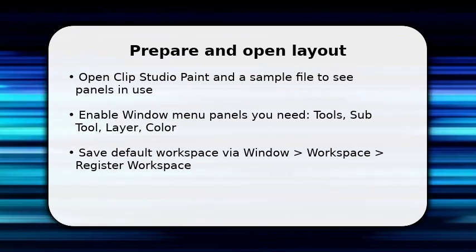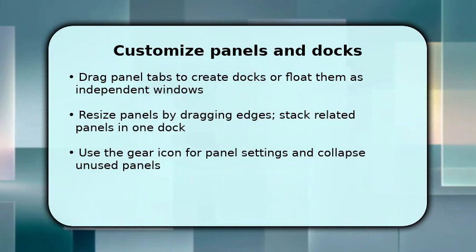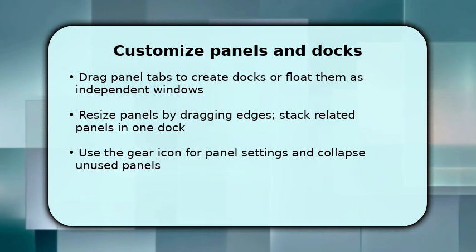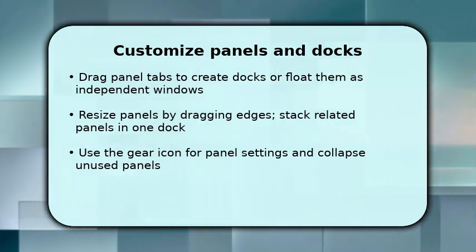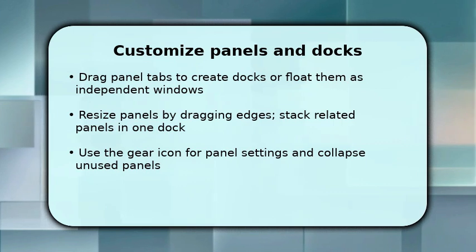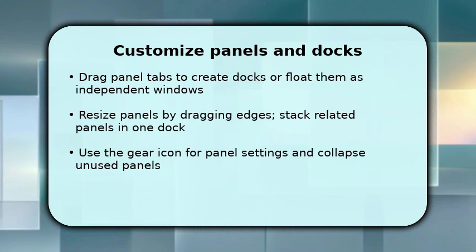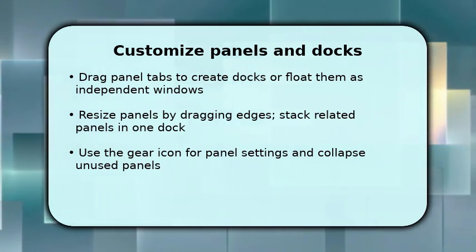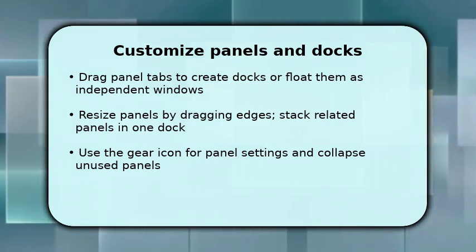Now refine the workspace by dragging panel tabs into docks or releasing them as floating windows for secondary screens. Resize each panel by dragging its edges so tools and layers occupy balanced space. Stack related elements like layer and subtool together to reduce eye travel. Use the panel gear menu to change thumbnail sizes and visibility options, and collapse panels you rarely use to save room. Once the visual flow feels right, test common actions, brush switching, layer ops, to ensure efficiency and muscle memory